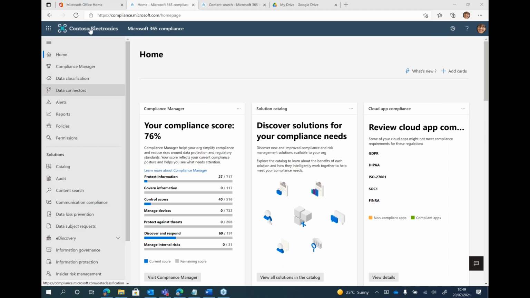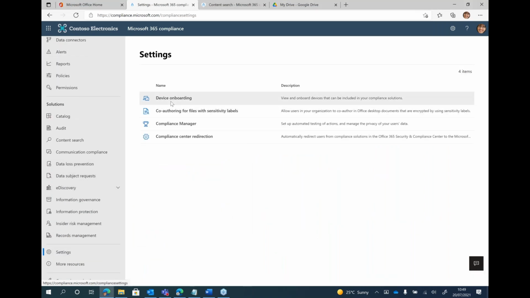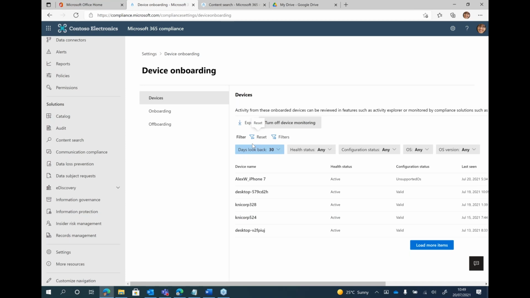So if we go into compliance.microsoft.com, go to settings, and there's device onboarding here, and this is where you can onboard devices into the Compliance Center. If you already use Defender for Endpoint, you'll be able to easily get started with onboarding devices in the Compliance Center. So it'll literally show up in here. It's the same process that you'd use to onboard devices into Defender for Endpoint that you would for the Compliance Center. Obviously, you don't need Defender for Endpoint licenses to be able to onboard devices into the Compliance Center, but